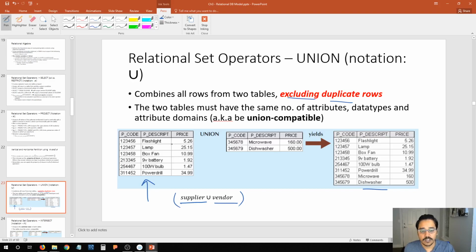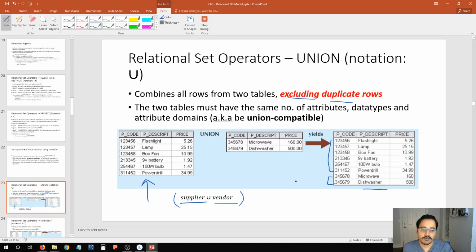Okay. So in this particular example here, we have 1, 2, 3, 4, 5, 6 rows. And here we have 1 and 2 rows. So there is no repetition of microwave and dishwasher in this particular table, right? So as a result of that, this table here gets appended onto the first operand, resulting in this final table. So you have the information, the 6 rows from the first operator and then the 2 rows from the remaining